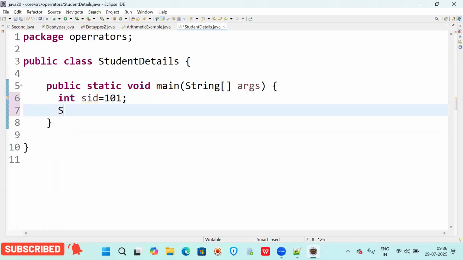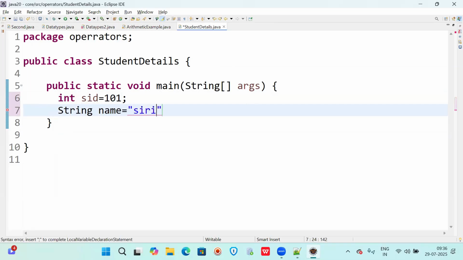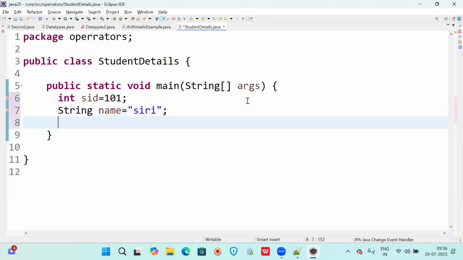And I wanted to store the student name. So, string name is equal to, you can assign some name to the student. I'm assigning Siri. And then marks of the student. Student marks can be integer, float or double. Sometimes if you want to give in double, I'm giving M1, M2, M3.